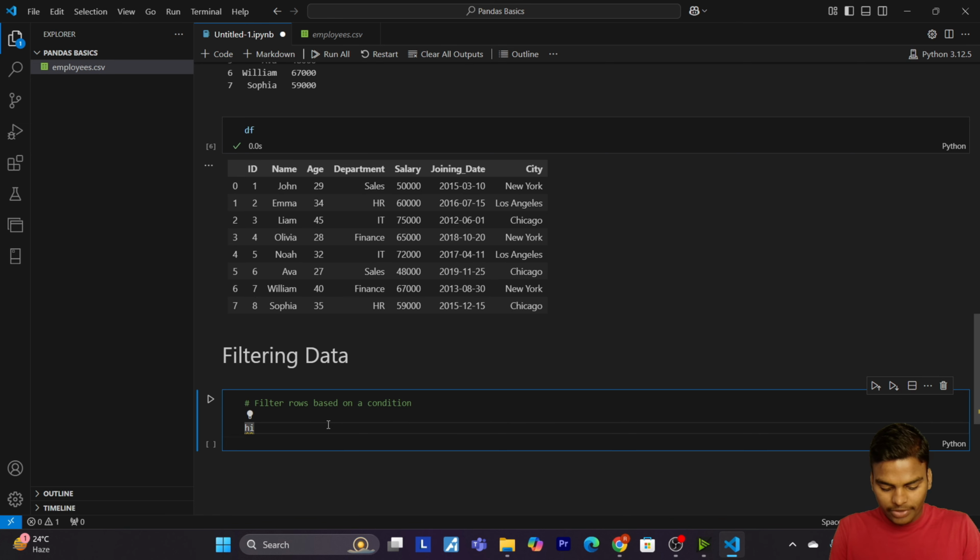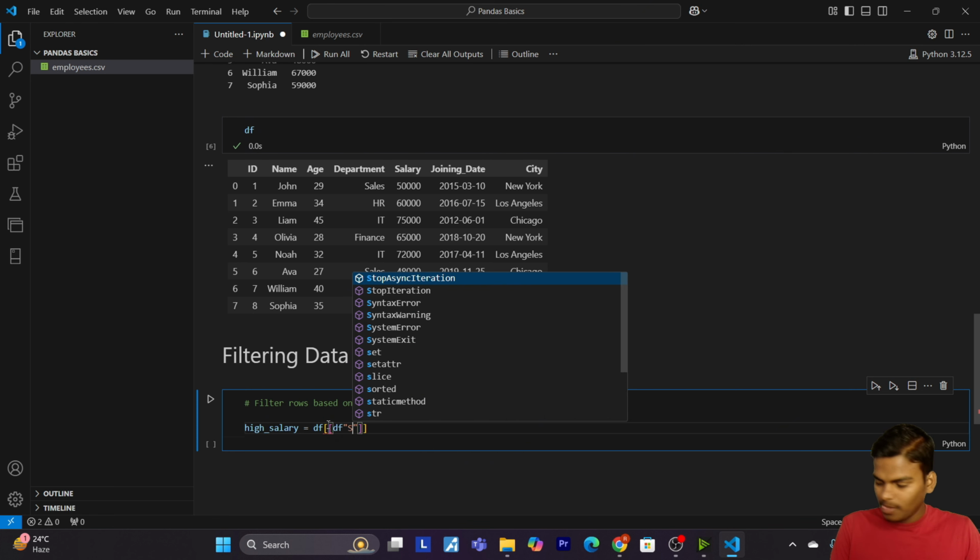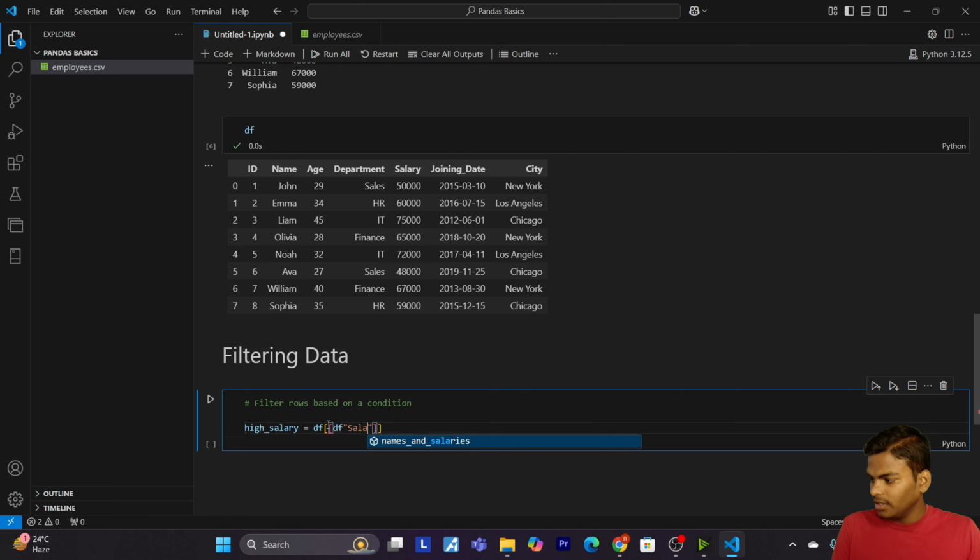Let me create a variable high_salary equals to df, then again I will pass df in which I will pass salary, df salary, which is greater than 60,000.